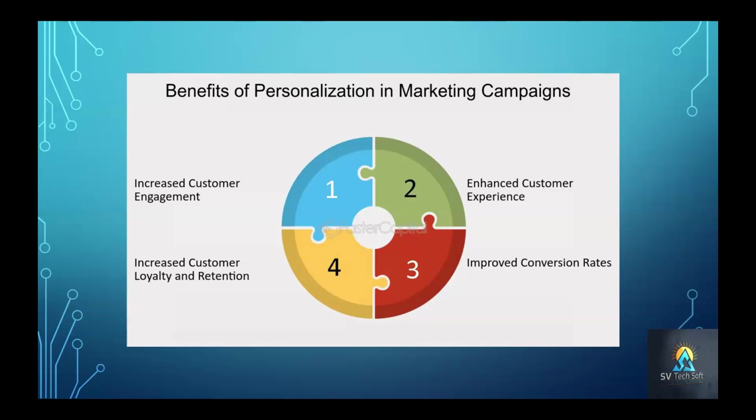Suppose you're doing the promotions for a broader audience, I would say 10,000 people, for a Big Billion sale. Out of the 10,000 customers you are promoting the Big Billion sale to in Amazon, what is the conversion? If 1,000 people out of 10,000 buy the product, right, that's how we call it a conversion. You're doing a promotion, and what is the outcome? Purchasing is the outcome. So that's how we can improve the conversions.